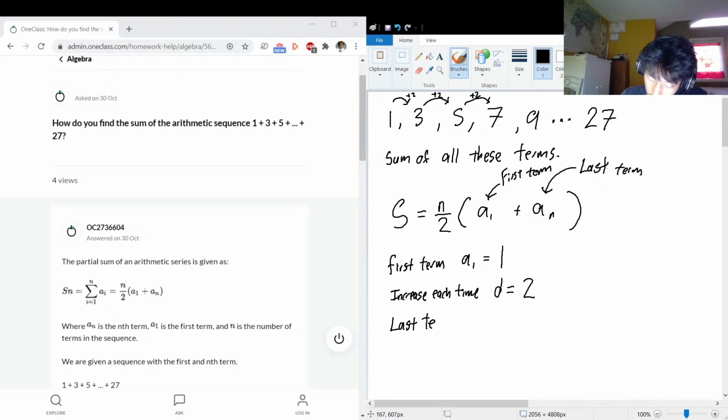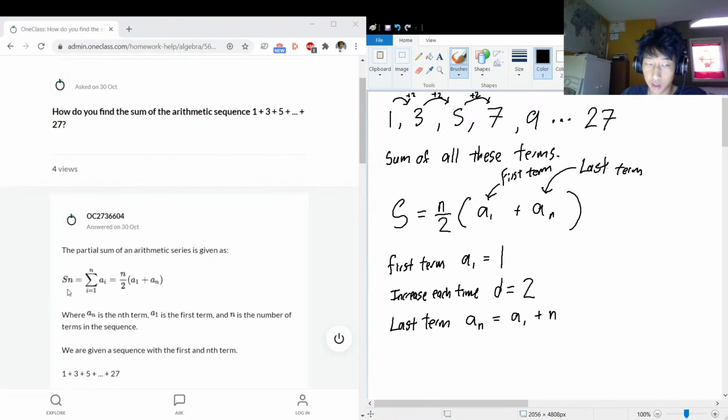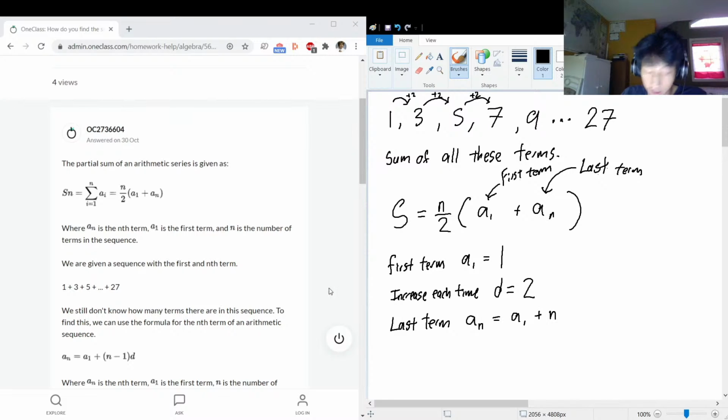Last term is a_n. That's equal to the first term, a1, plus n, which is like how many terms there are. Is it n minus 1? I think it's n minus 1, because like the second term you're only increasing by 1. Yep, they have n minus 1